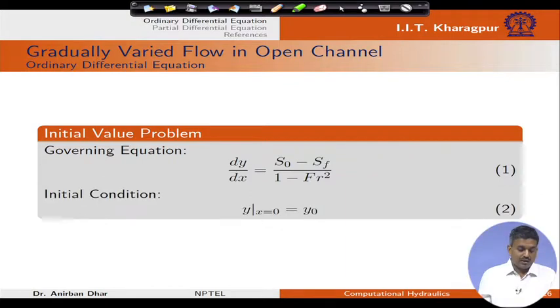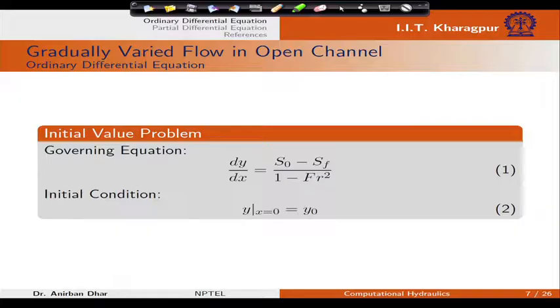In this case we can specify the initial condition. That means at a particular location in the channel, maybe x equal to 0, we can define our water depth. So, y naught is the water depth specified at that location. This kind of problem where we have governing equation and initial condition, we call an initial value problem